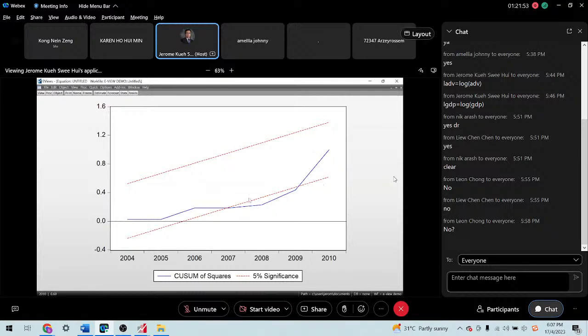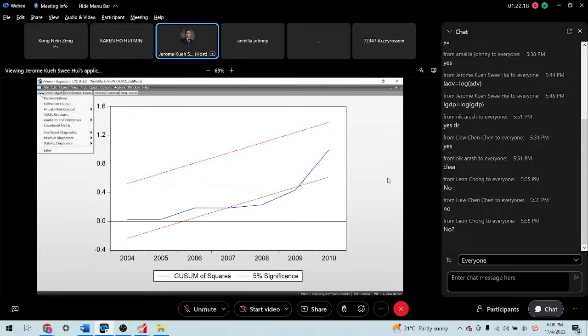So in general, this is still considered a stable model. But the best model is where all the blue line is within the red dotted line, and we can be very sure that the model we use is very stable. So yes, two types: CUSUM and CUSUM of squares.